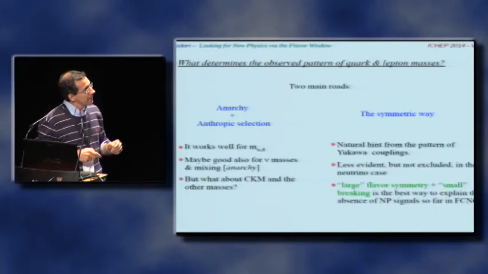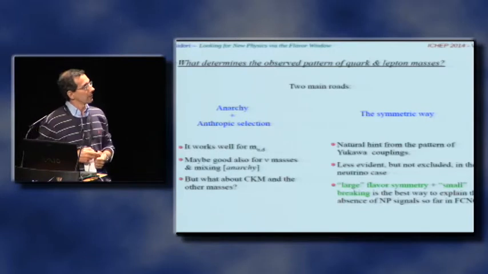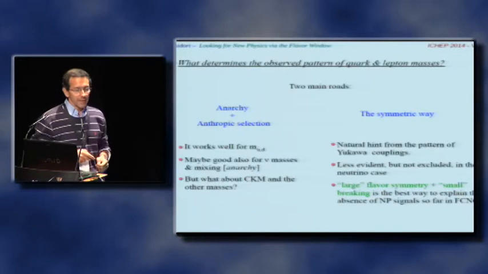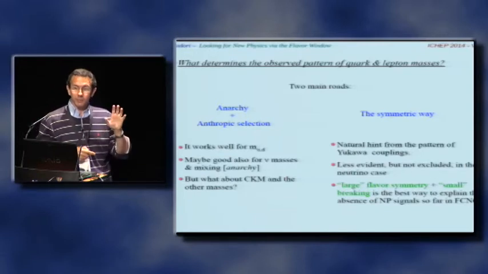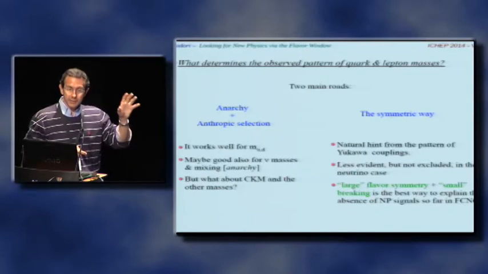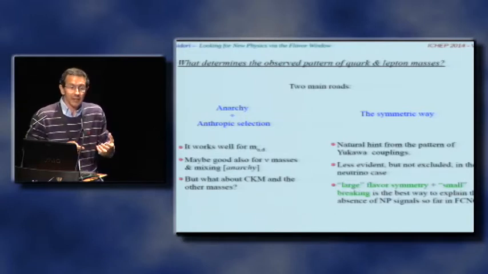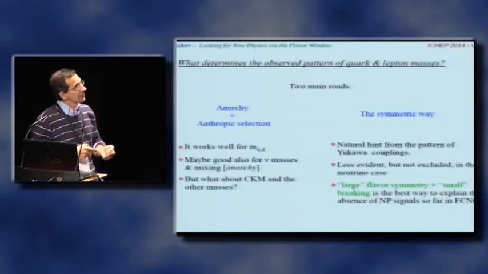It also could be a nice argument to have anarchic neutrinos, because neutrinos do not play any role from the point of view of the entropic principle. But I would say, what about the CKM and what about the other masses? I don't find this explanation very convincing. And also, maybe the entropic principle, or if you want, the idea of the multiverse and the entropic selection, is a good idea maybe for the cosmological constant, but it doesn't need to be the explanation for everything we don't understand. So I want to continue on the standard way, or the symmetric way,